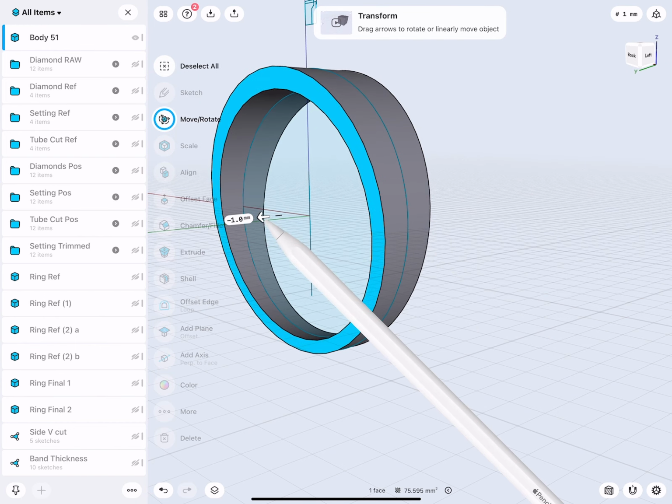So when I want to bring this bezel setting down, I double tap it, turn on the copy, and then I move this down. It's up to you, but I would advise that you do not just make a copy of this and then move this down.